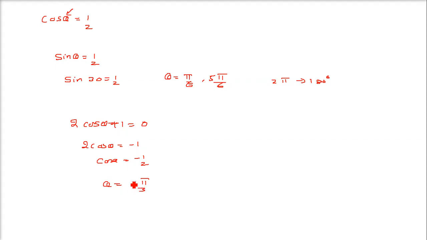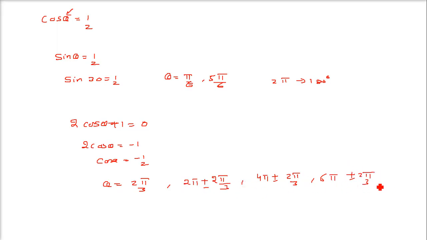We know that cos is periodic. So cos 2 pi by 3 is indeed minus half. We don't stop here, but we add 2 pi, because 2 pi is the periodicity of the cos angle. We add and subtract because we are talking about negative and positive angles. So it will be 2 pi plus minus 2 pi by 3. Now it will be 4 pi plus minus 2 pi by 3 also. Then we have 6 pi. We are just adding 2 pi, 2 pi. 6 pi plus minus 2 pi by 3.